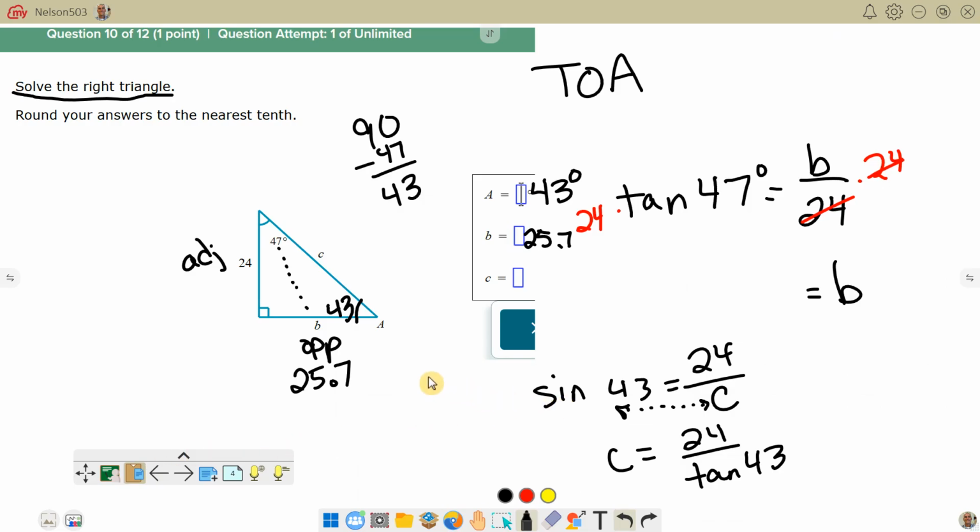Just slow down. We knew we needed the hypotenuse over here, and the hypotenuse could be found by doing the opposite. So now this is the opposite from the 43. I'm using the opposite leg over the hypotenuse. See, I should have just slowed down a little bit. So I made sure that I was using